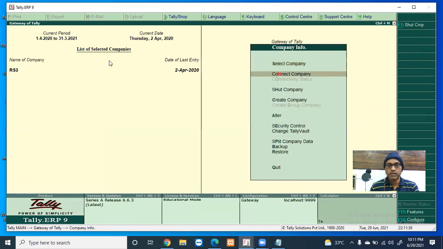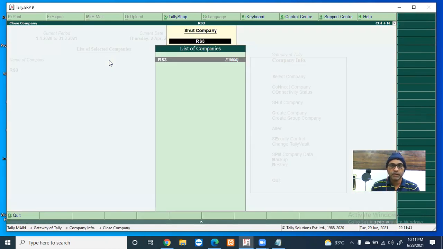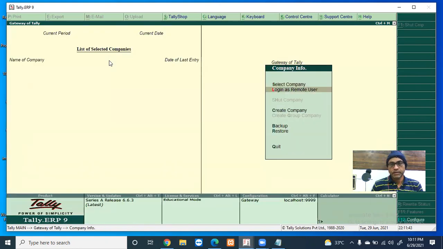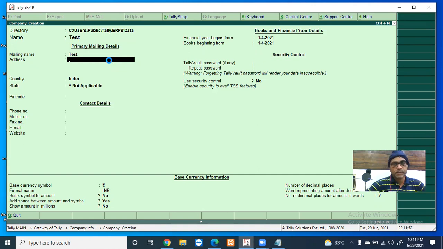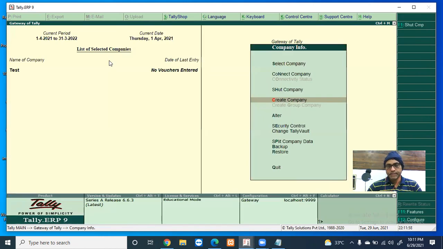Close the existing company by selecting shut company, and create a company with the name as test. You can provide the details and press Control+A to save it. As a result of this, the company is created and it allows you to get into features and configuration.